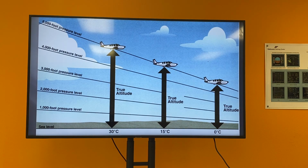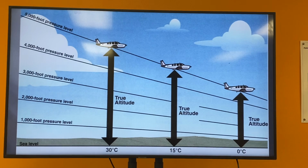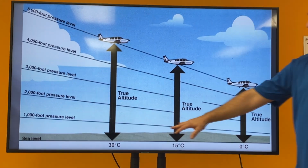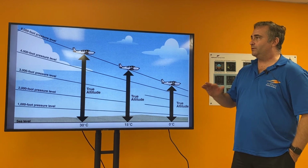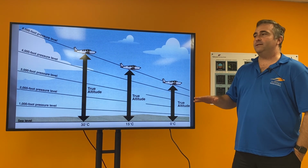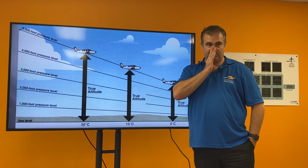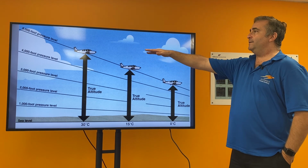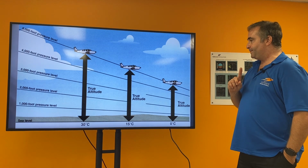All right. Oh, yeah. True altitude, absolute altitude. There's a couple of different types of altitude. Okay, notice how, and this will really reinforce the weather section. Notice how we got what's called a 1,000-foot pressure level or a 2,000-foot pressure level. That means that airplanes that are flying along that level are using a certain altimeter setting. Okay, whatever pressure level that is. That's the pressure that we're using for this area, and that airplane shows 5,000 foot in every one of these altimeters. Okay? But